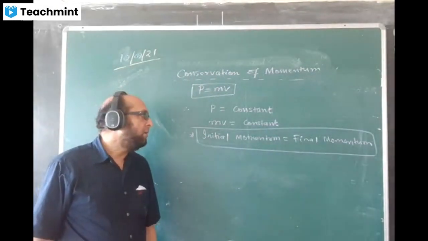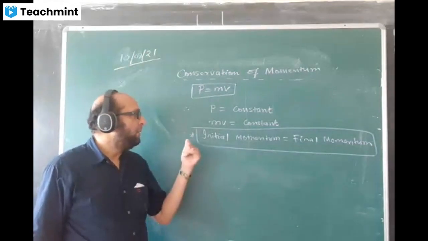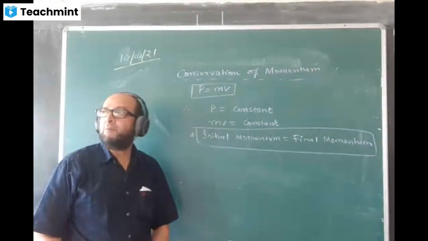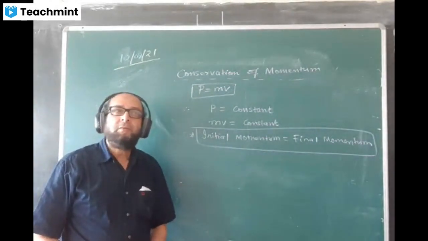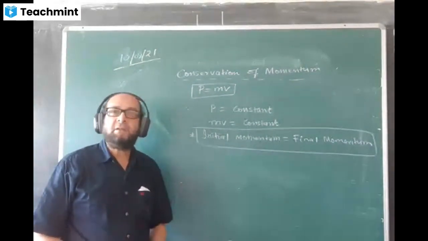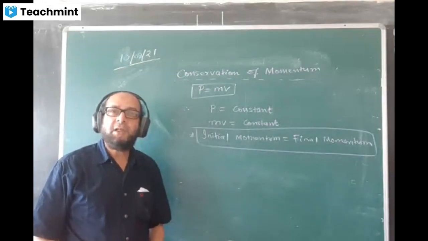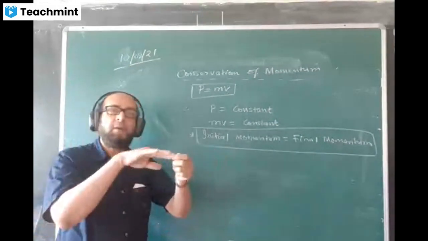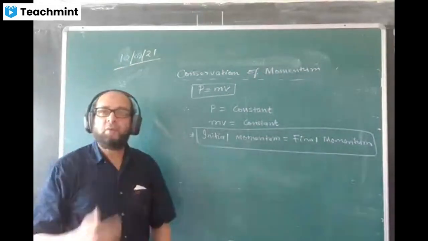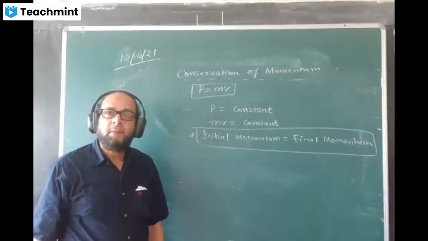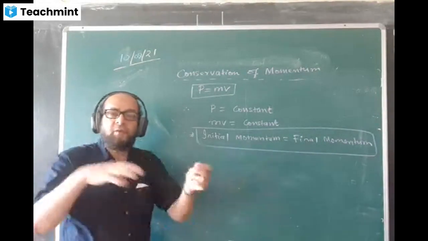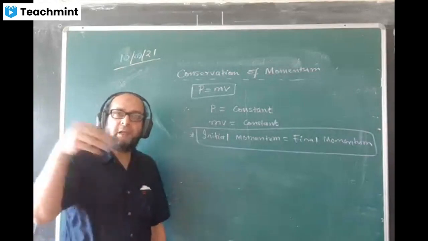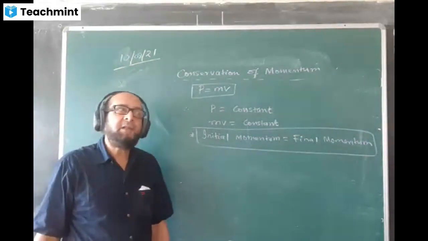What is called this one, isolated system? Giving examples. You know, Newton's third law of motion says action and reactions are equal and opposite. So on a system we are applying one force and the body is giving another force, reaction. And in between there is no third force acting, there is no extra force acting out here. Between action and reaction there is no external force. We can consider this an isolated system.